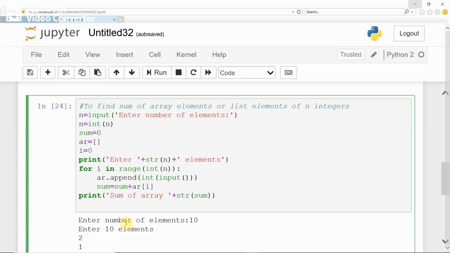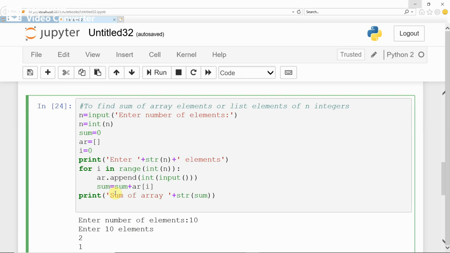Next, you can find the sum of the array by using AR of i. Because i is 0 at the beginning, AR of i indicates the first element. Like that, as i goes on increasing till n minus 1, AR of i refers to different elements of the array, which are added to sum.